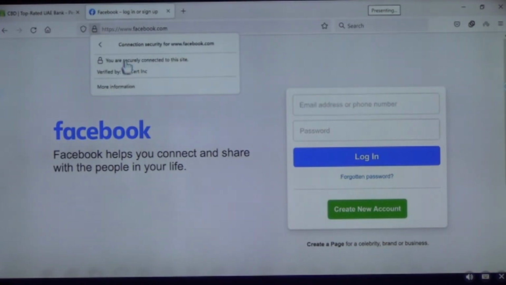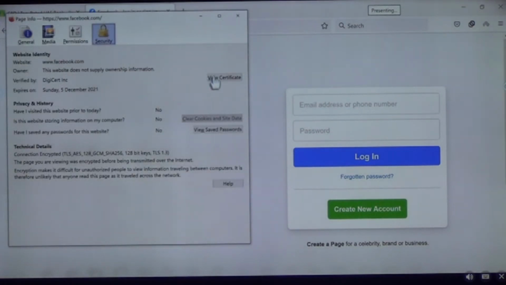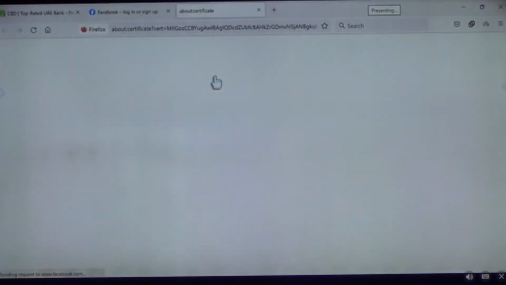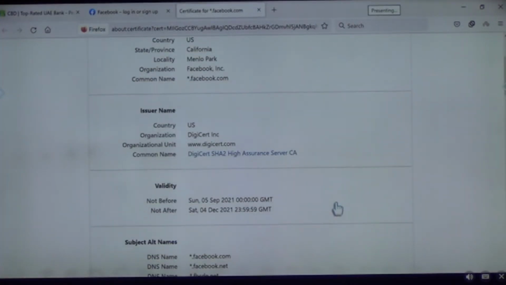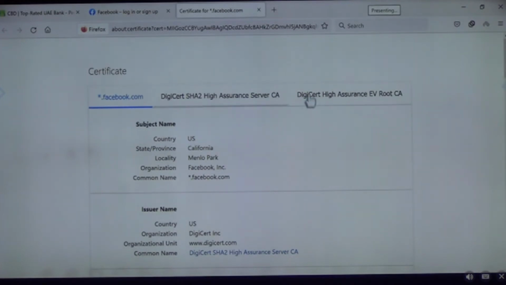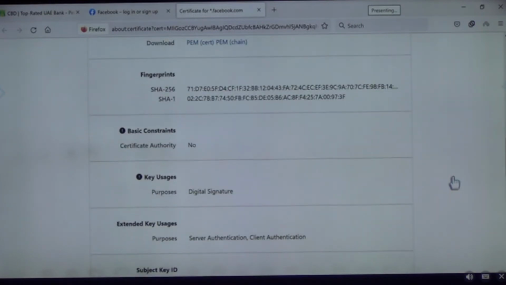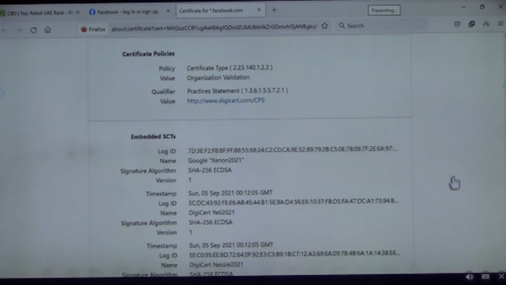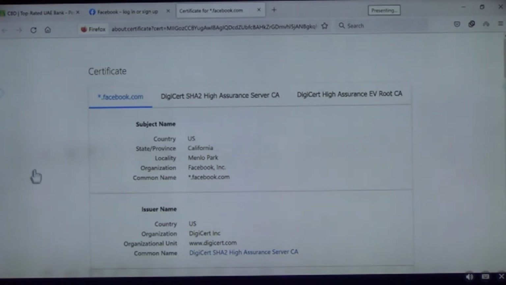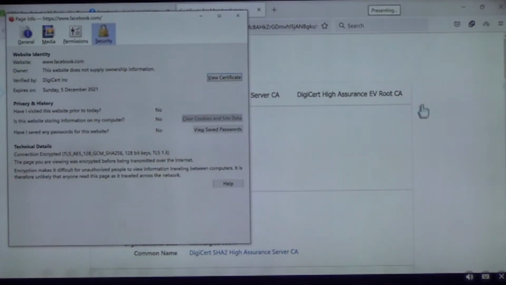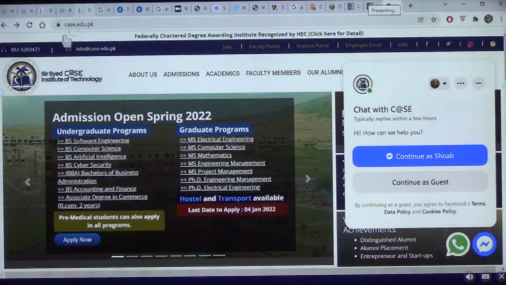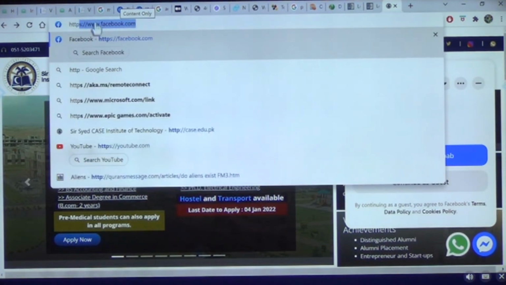So the connection is secure, and you say more information, and you say view certificate. So you get all the information. Now Facebook has also got its certificate from DigiCert. Then you can get all the information about the certificate here, and also the public key of Facebook is in this information. You should be careful: if you are on a website which does not show you this, it means your connection is not secure. For example, let me try http